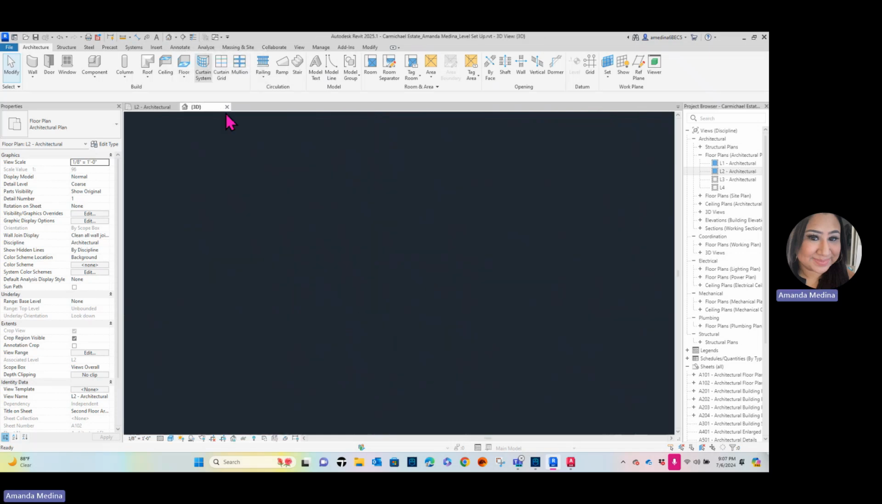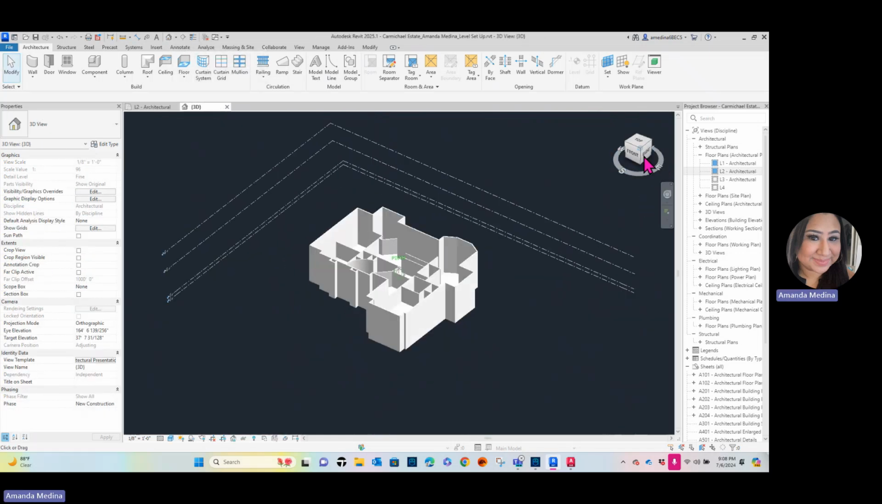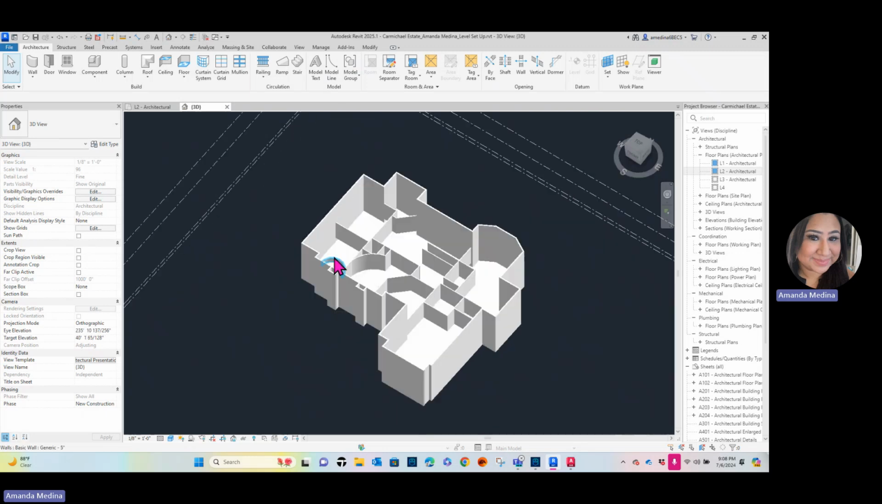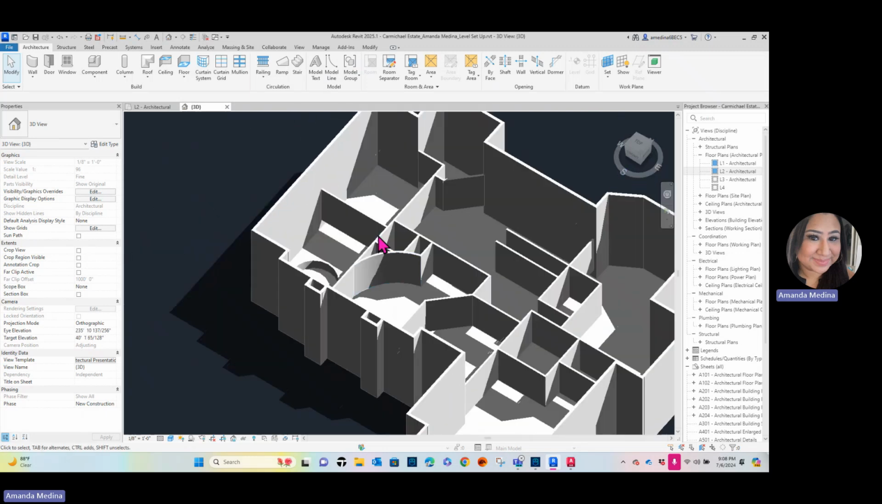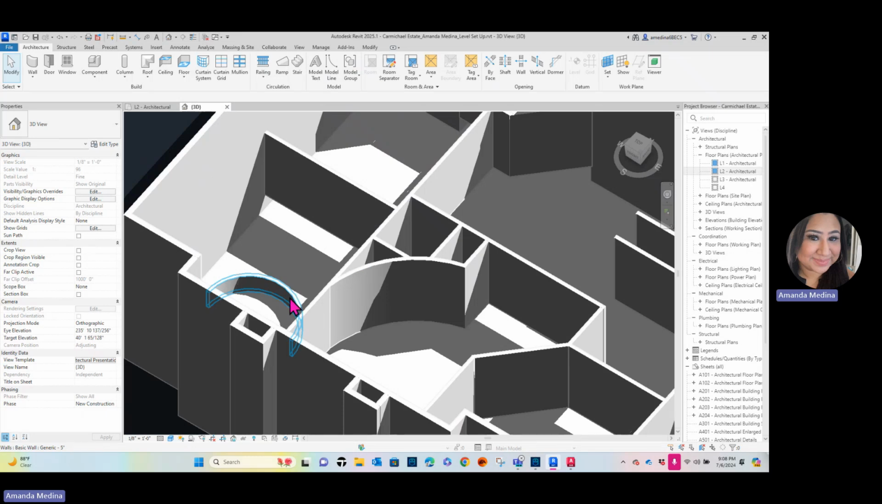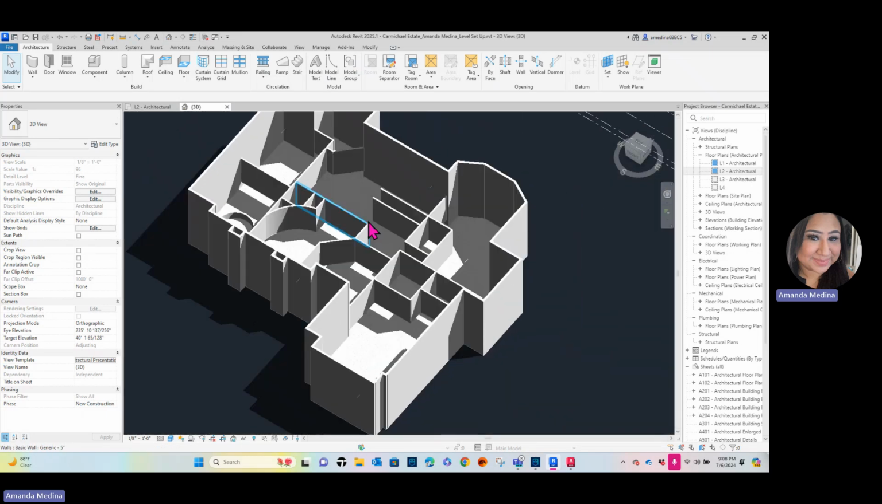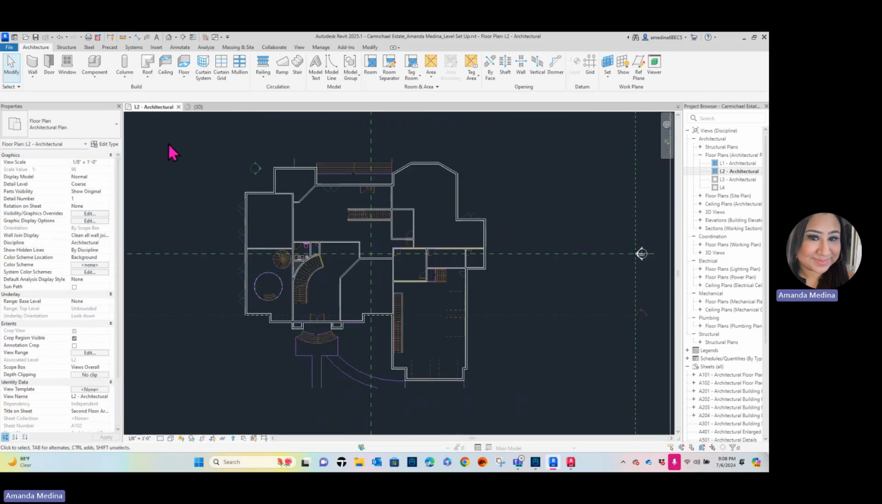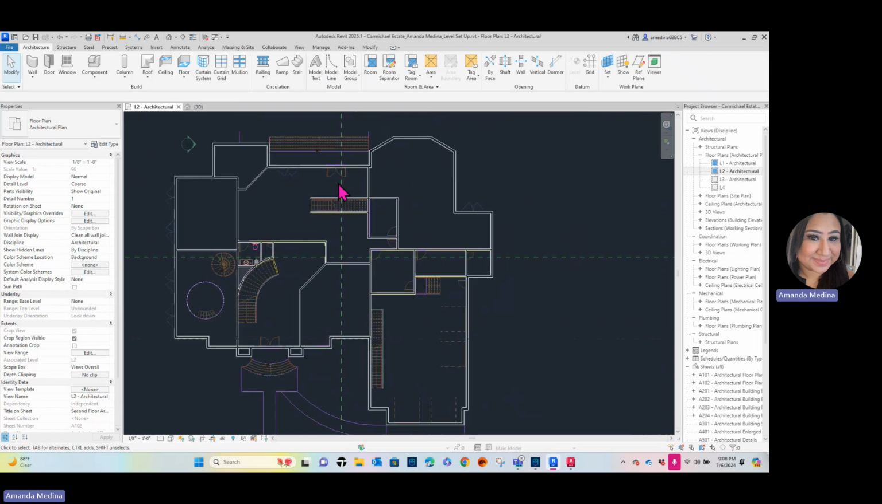I'm going to hit 3D. And I'm just going to tilt it a little bit so you can see your walls are created. You'll see there's some depth for your conversation pit. And now it just looks like a bunch of rooms. So now we need our floor. Let's go ahead and save our work